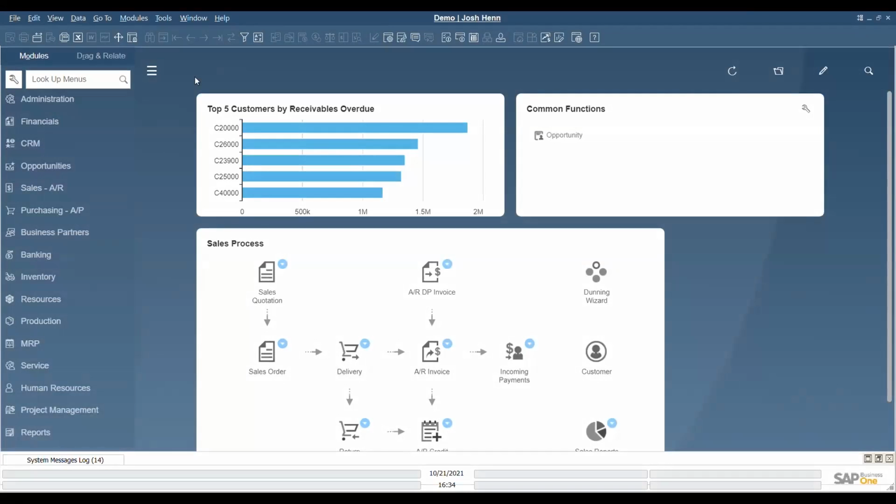The draft functionality in SAP Business One can be useful whenever you are busy and you can't complete a document and you want to come back to it in the near future, but you don't want to post or add the new document. So to demonstrate this, I'll open up a new sales quote.